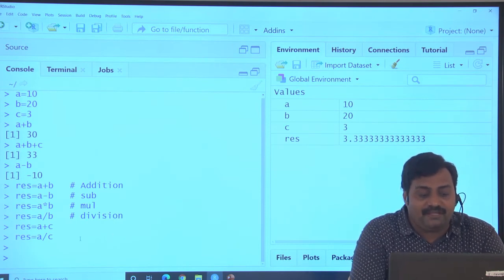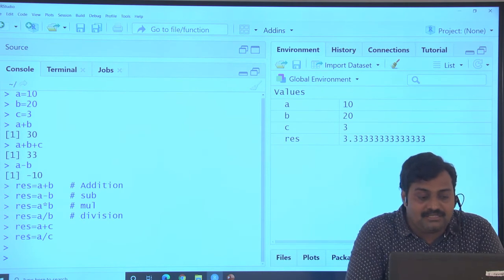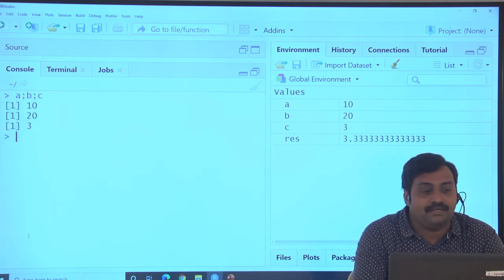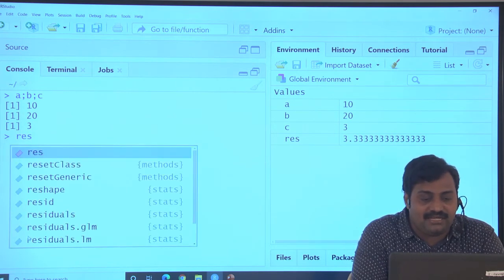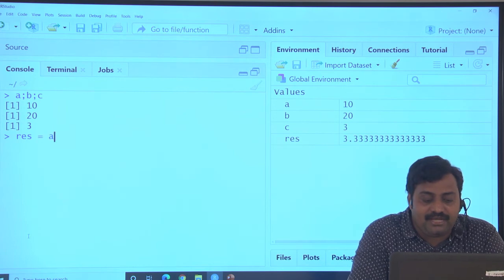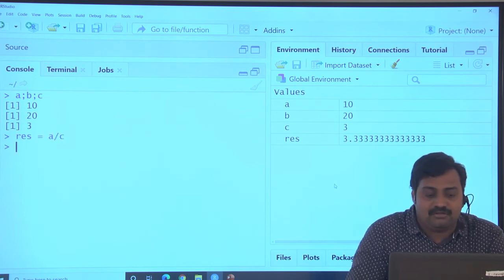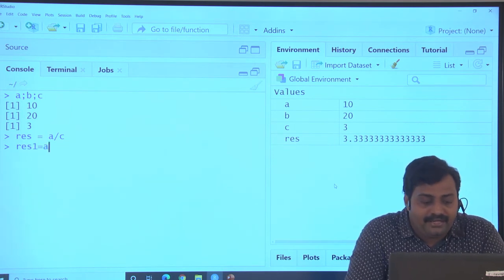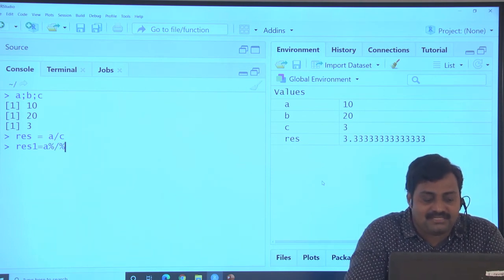We know that the a, b, c values are 10, 20, 3. Now I want to store in res the normal division a by c. You can observe the value of a by c updated. Now I am creating a new object res1, a integer division c, written with percent-slash-percent.